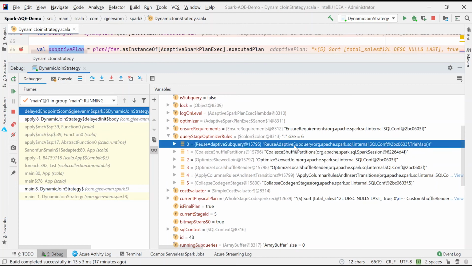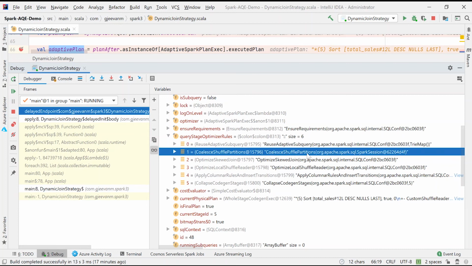The first one is reuse adaptive subquery. It means if multiple subqueries are there in the query, it will reuse the subquery multiple times. There is no requirement to draw multiple stages for multiple subqueries. It will reuse those.